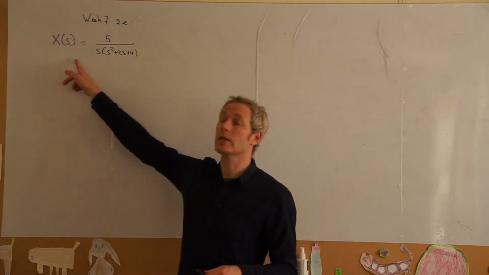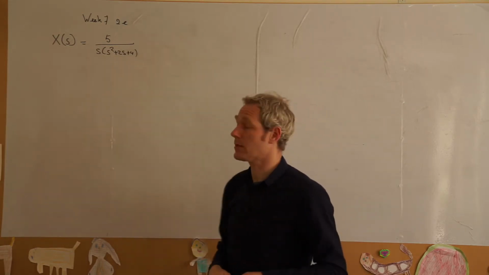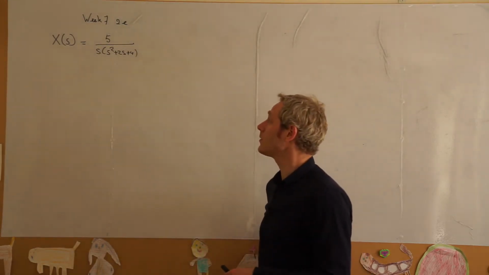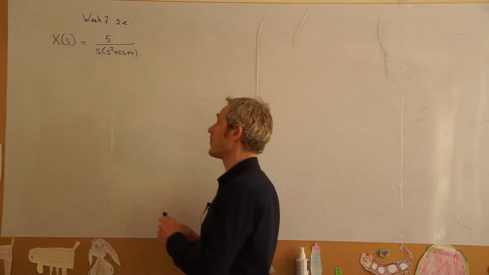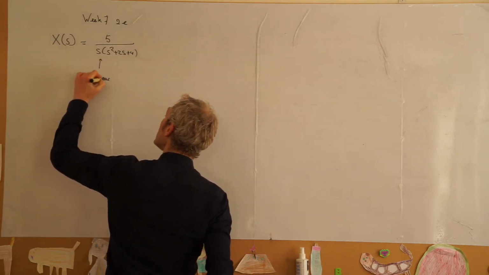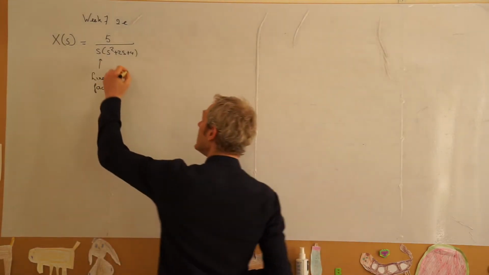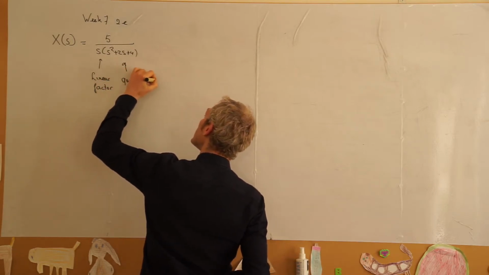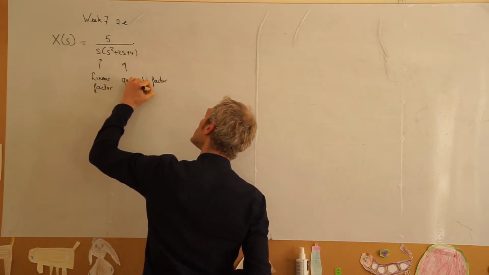We have the Laplace transform of x equal to 5 over s times s squared plus 2s plus 4. And we want to get the inverse Laplace transform. What we will start with is first looking at the denominator and identifying what kind of factors we have. Here we have s, which is a linear factor, and it's repeated only once. And here we have a quadratic factor with complex roots,